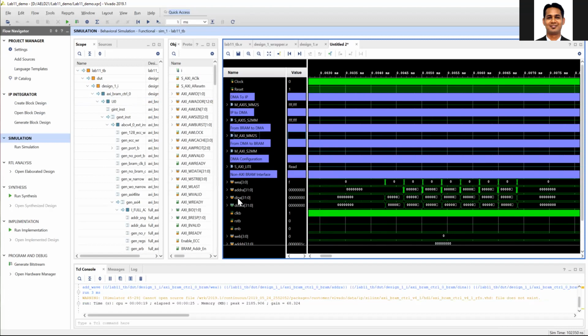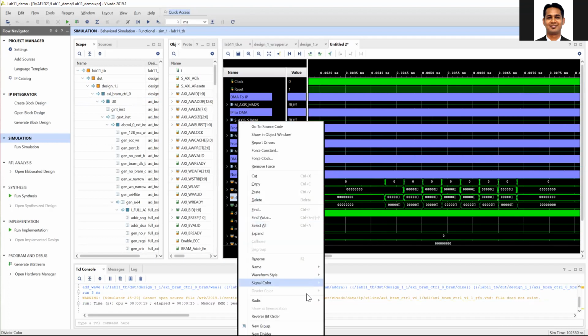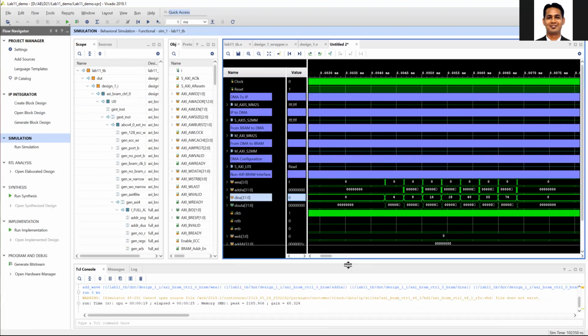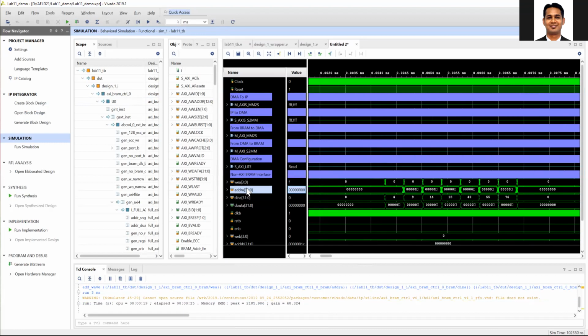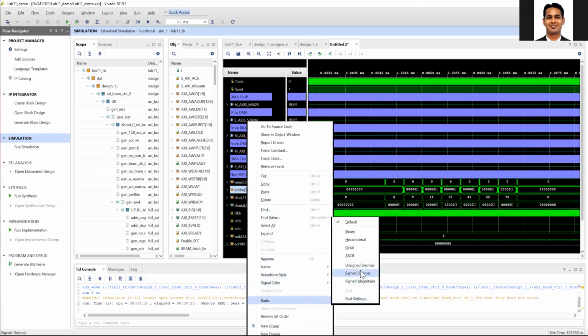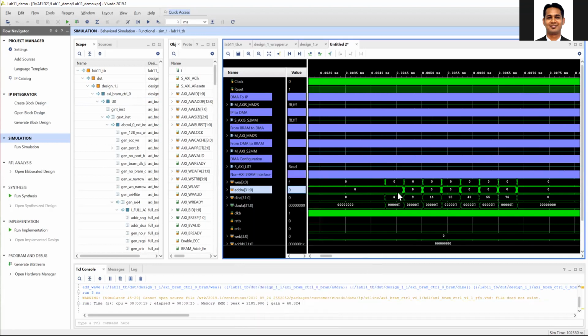And this is the input data. I will make it an unsigned integer. And the address, let's make it an integer. So we want the address to be zero from the base address. We are writing the data inside the block RAM.